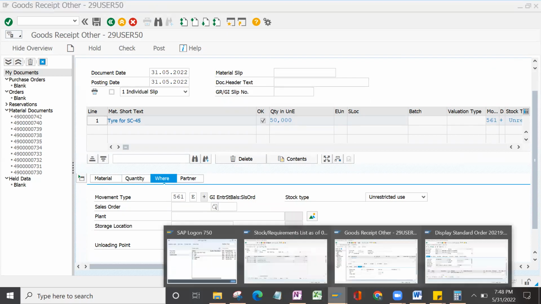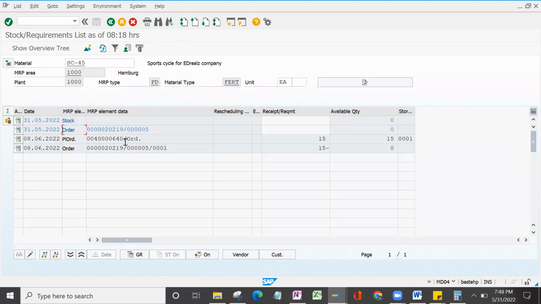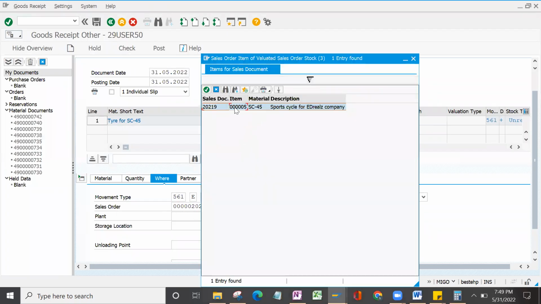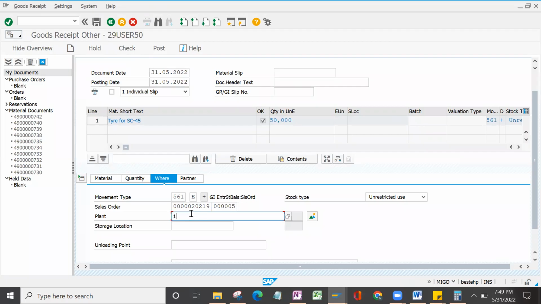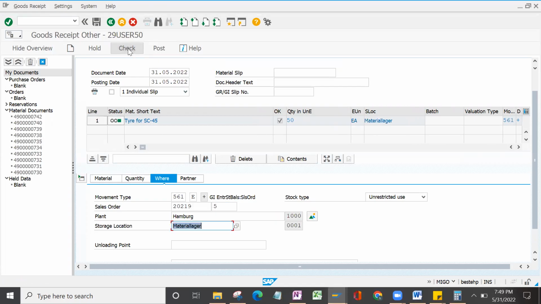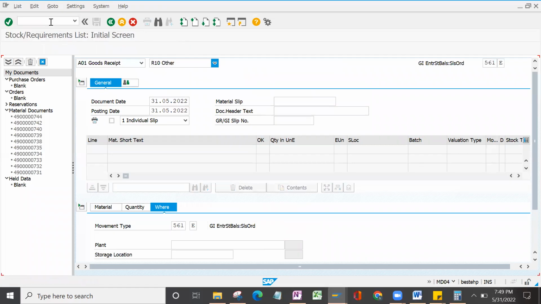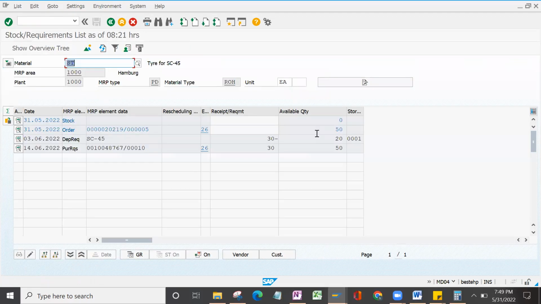Go back to the MD04 and get the sales order. So this is my order. Get the sales order and the line item also. So if you press F4, you'll get your line item. So under the plant 1000 and the storage location 3001, enter this and check it and post it. So now if you go to your MD04 screen, against this sales order only your stock will be updated,